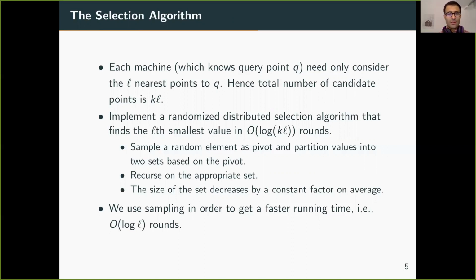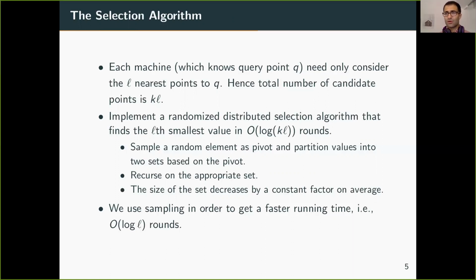How it happens: the leader machine looks at the size of the data each machine holds right now, and it picks one of the machines based on the size of the data it holds relative to all the data currently in the search space, and that machine picks one of its data uniformly at random